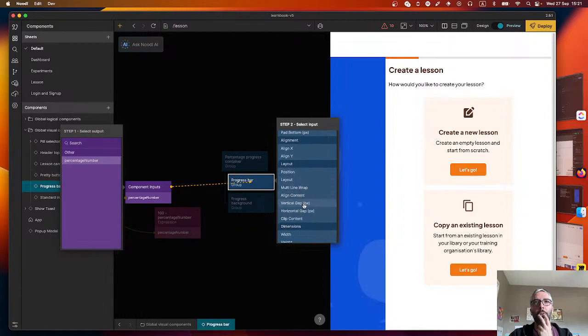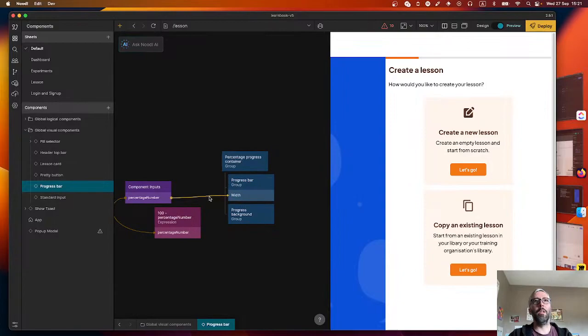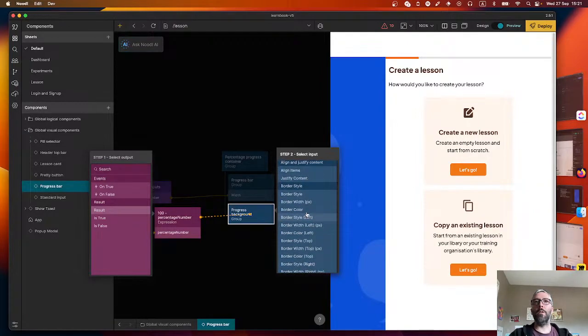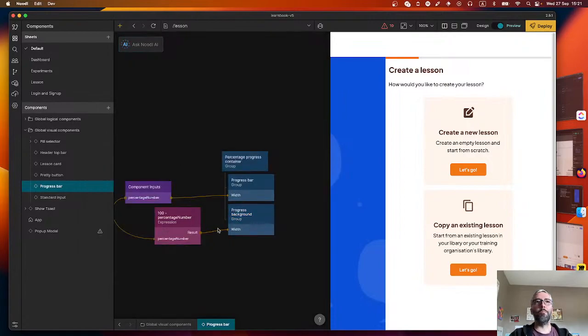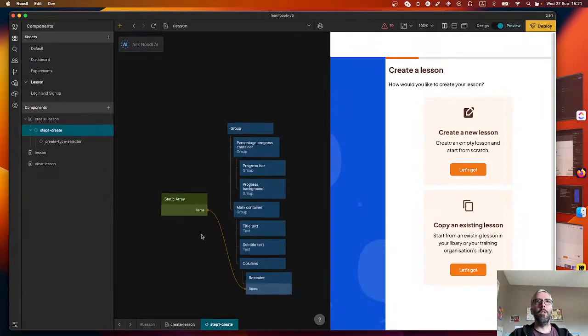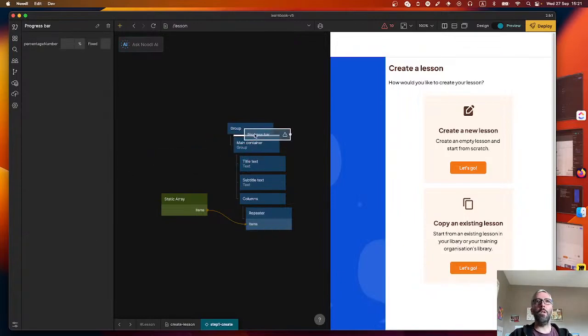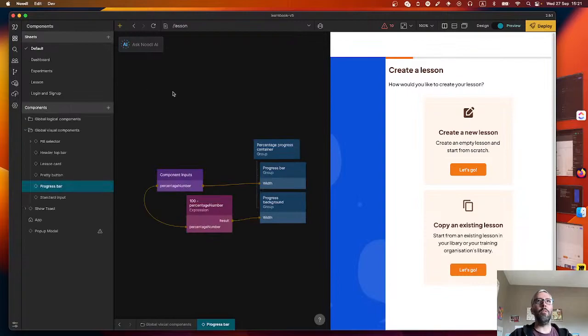And that goes in layout, dimensions, width, boom. I think this will work. I hope it works. If it doesn't work, I'll make it work. This is going to be width. Where did I go? Okay. So take all this out, get my percentage bar, progress bar, put it in here, and then define